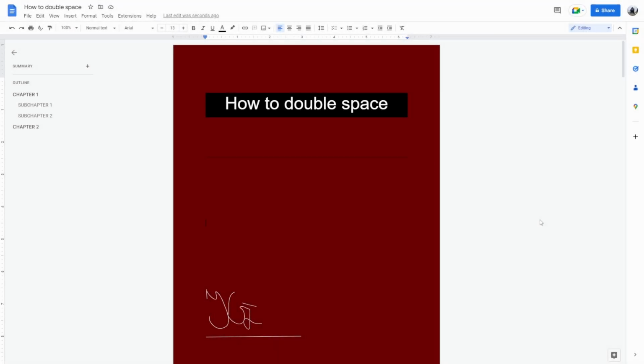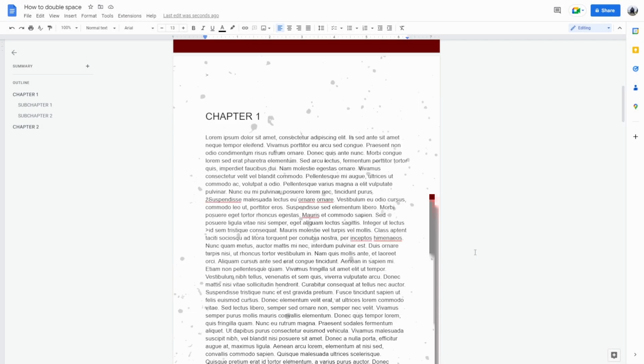How to double space in Google Docs. In text formatting, a double space means sentences contain a full blank line, the equivalent of the full height of a line of text between the rows of words. By default, most programs have single spacing enabled, which is a slight space between each line of text, similar to